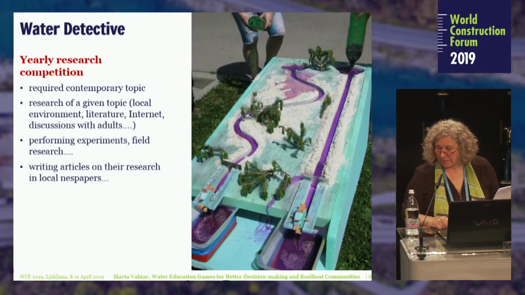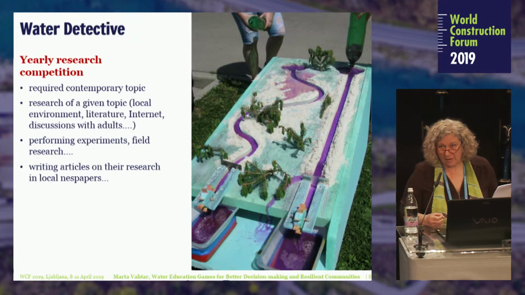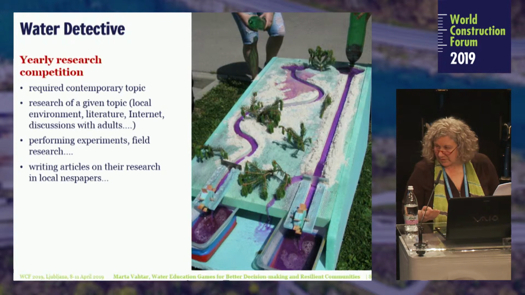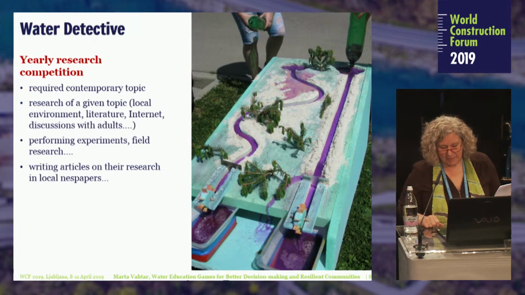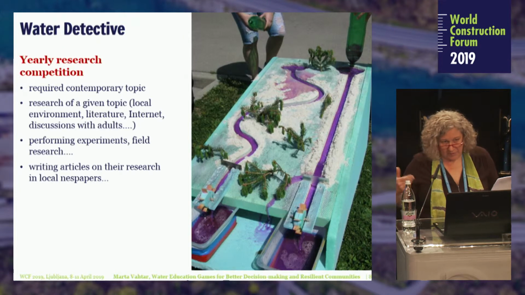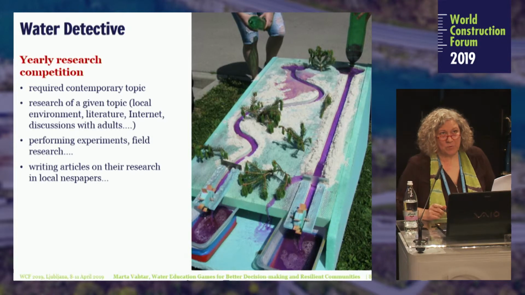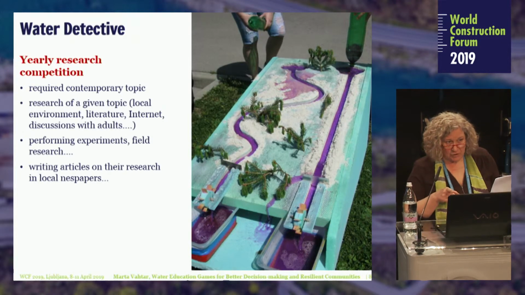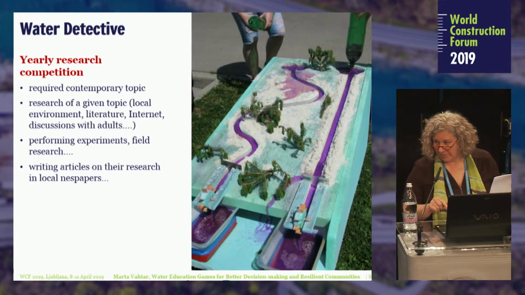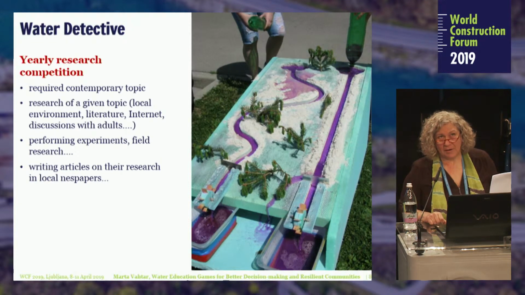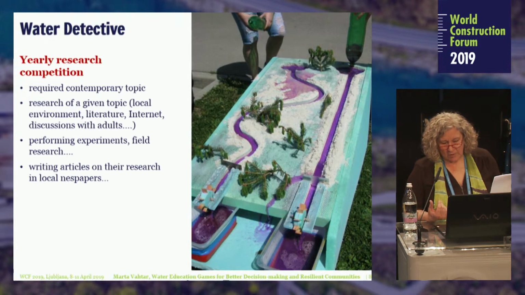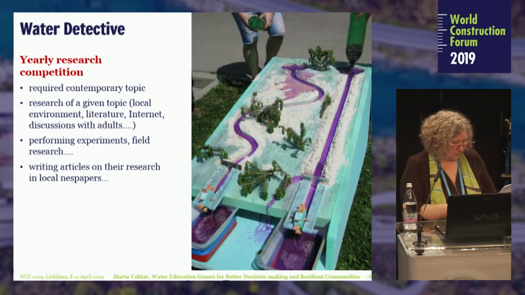So basically, this showed how the flow velocity is different if the corridor is narrow or if it has space for making meanders. What is really important is that it was not the teachers who were giving them the instructions, but kids themselves. They were the ones who proposed those experiments, and they built them and they explored the things because they were given the opportunity.